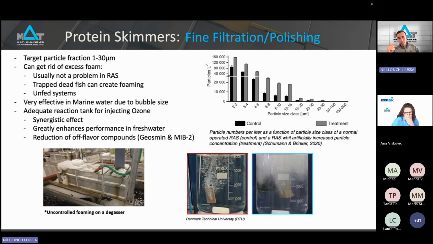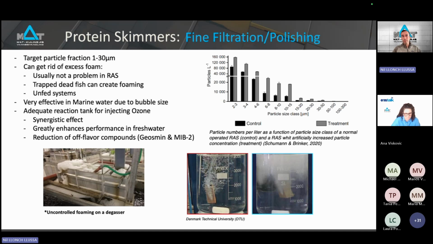In both systems, as you can see, particles below 30 microns accumulate, so you cannot remove them from the system. That's why you need some kind of treatment in order to target these particles,